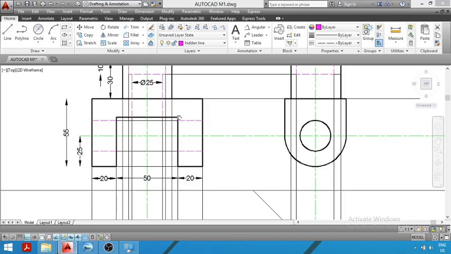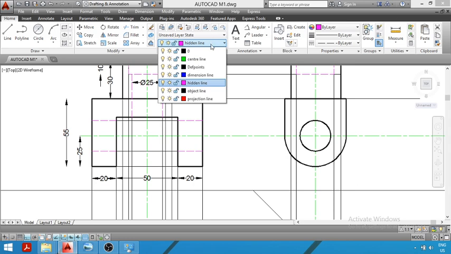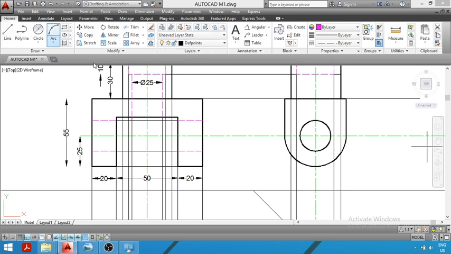In order to represent this edge, first we will project the corner in the side view. I am taking this point, my corner point or the edge to be projected. From this point I will draw a light construction line. So I have drawn a light construction line from this corner in the side view. Now from the obtained point you have to draw a dotted line that represents the edge. So you can see the edge passing through this corner is drawn in the side view using a dotted line. First project the point in the side view and then draw the dotted line.